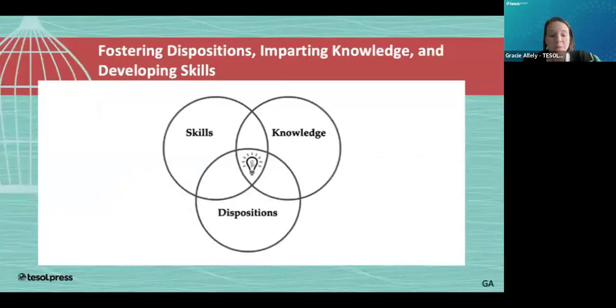The Swell model uses a framework for effective teaching where we structure the training around teacher dispositions, teacher knowledge, and skills as they relate to supporting language learners throughout the school in all classrooms. So this is a little bit different than some of your more traditional professional development. We focus on skills, knowledge, and dispositions because we believe all three are necessary to equitably serve and educate multilingual learners or ELs in the classroom. So in the Swell training, we focus on all three of these so that teachers, Swell coaches who are trained can then help support their colleagues in these three areas as well.